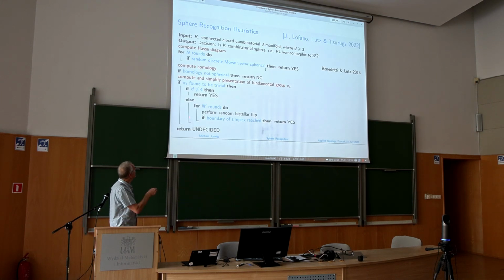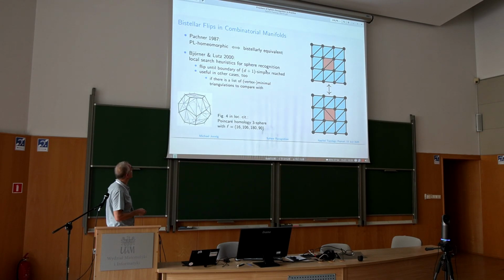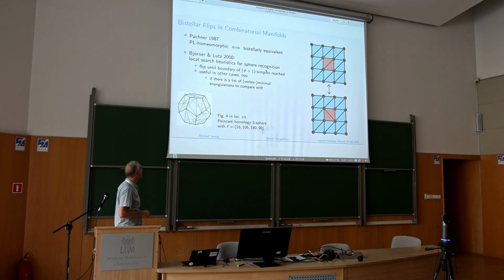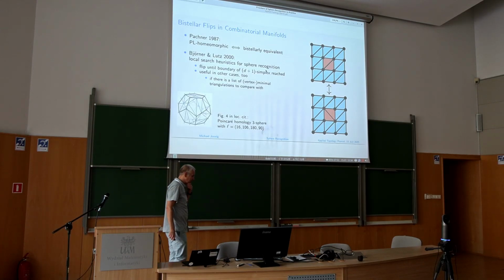So this is kind of this step here, right? This step is Björner and Lutz, but they also used this random flipping business to produce interesting other stuff. So for instance, from this original paper, this is figure 4. This is a triangulation of the Poincaré homology 3-sphere with this f-vector: 16 vertices, 106 edges, 180 triangles, and 90 tetrahedra. Right? So this is a historically important thing because